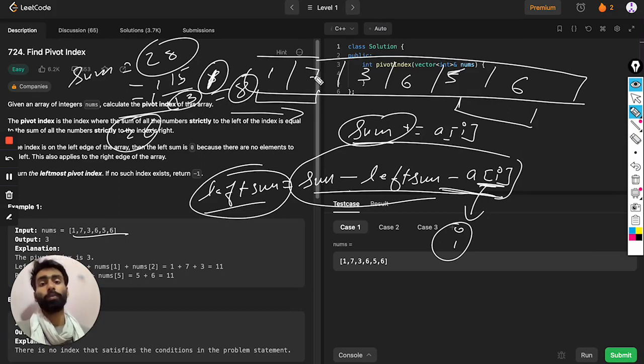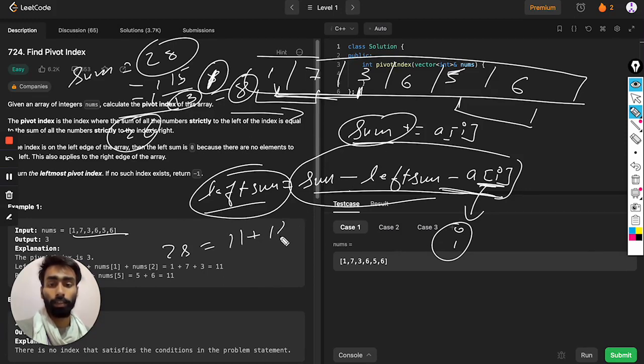We need to keep track of the left sum also. So again, we subtract: 8 plus 3 is 11, plus 6 is 17, and we need to check if it is equal to 11.